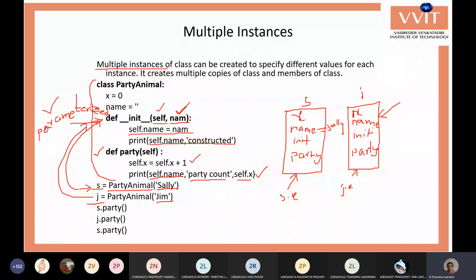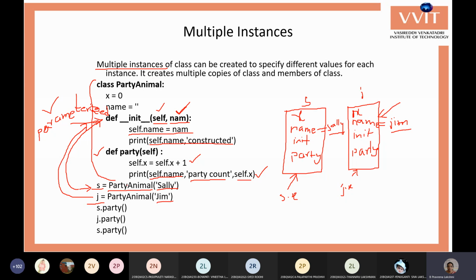Whenever you pass Jim as the parameter for the name, it assigns the name of the J copy as Jim. So the S copy name is Sally and the J copy name is Jim.